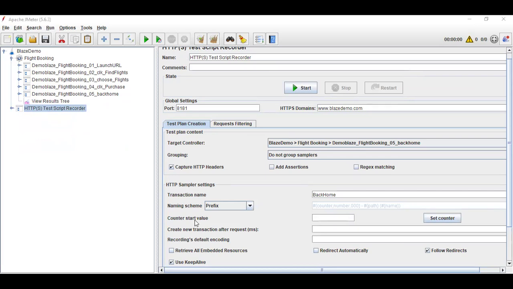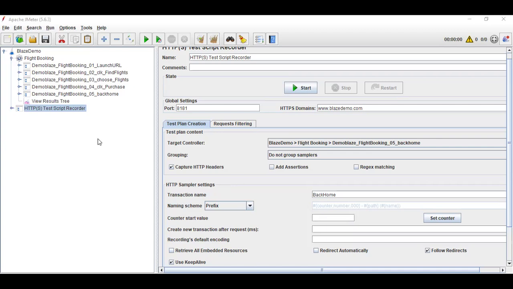These steps I have already given, right? JMeter script recording using proxy. We will repeat this until you are comfortable and understand everything about how to